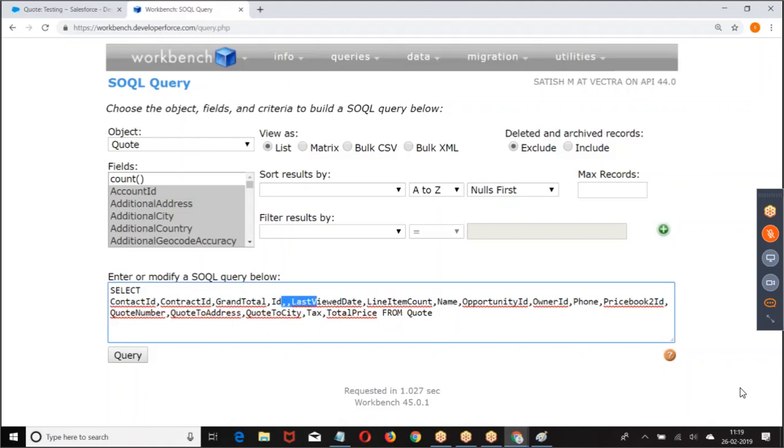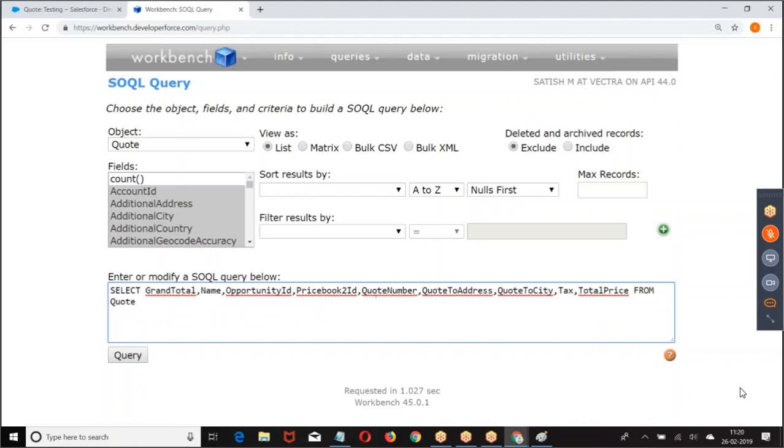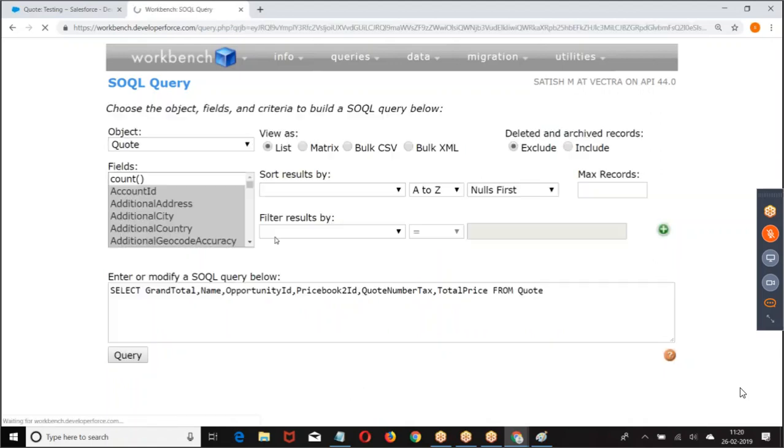Grand total, name, opportunity ID, owner ID, phone number I don't need, price book entry, quote number, quote ID. I'm making a simplified one.